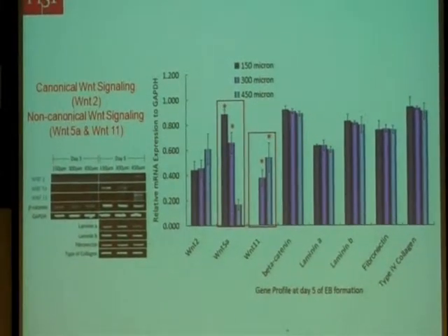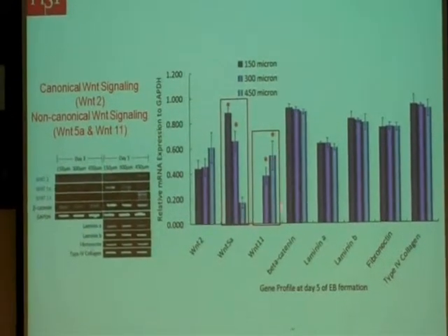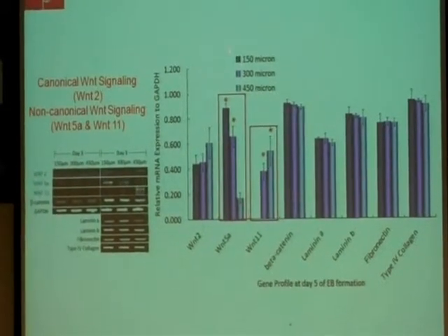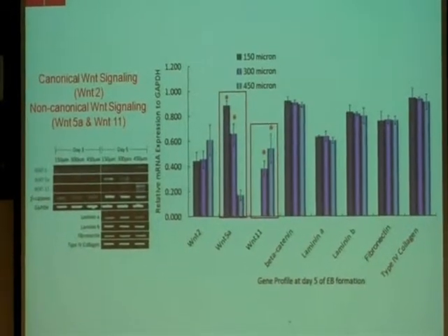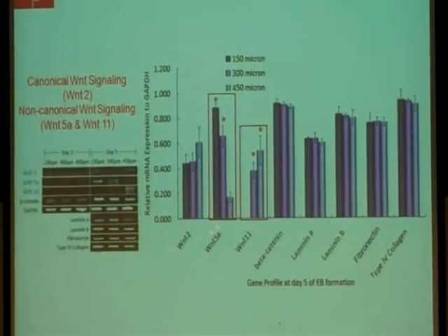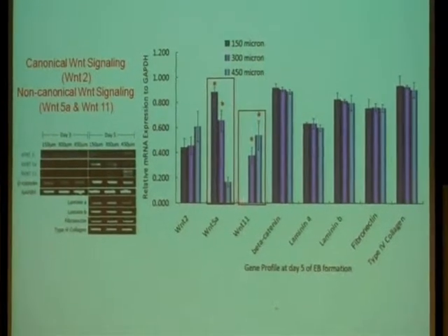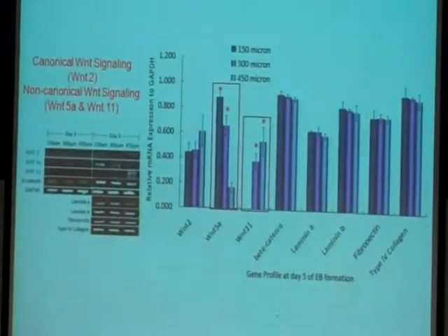Basically, this is the large aggregates here, and these are the small aggregates. And you see that in the large aggregates, in this case for example, this molecule is expressed a lot, whereas in small aggregates you don't see it expressed. And alternatively, in this other case, the small aggregates express this other molecule, and the large aggregates don't. So you can start understanding the molecules that are involved, and then be able to use these molecules in other systems to differentiate these stem cells. So this is the general kind of concept I want to